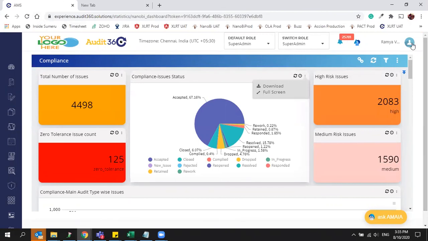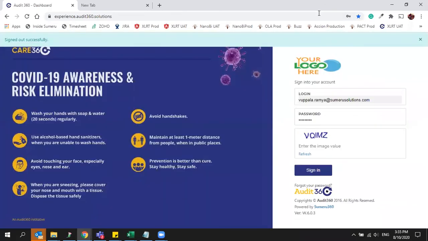I think you may have to use a different login. Yeah, 1 minute. I'll just re-log in again. Give me a moment. I'm just facing some issue.